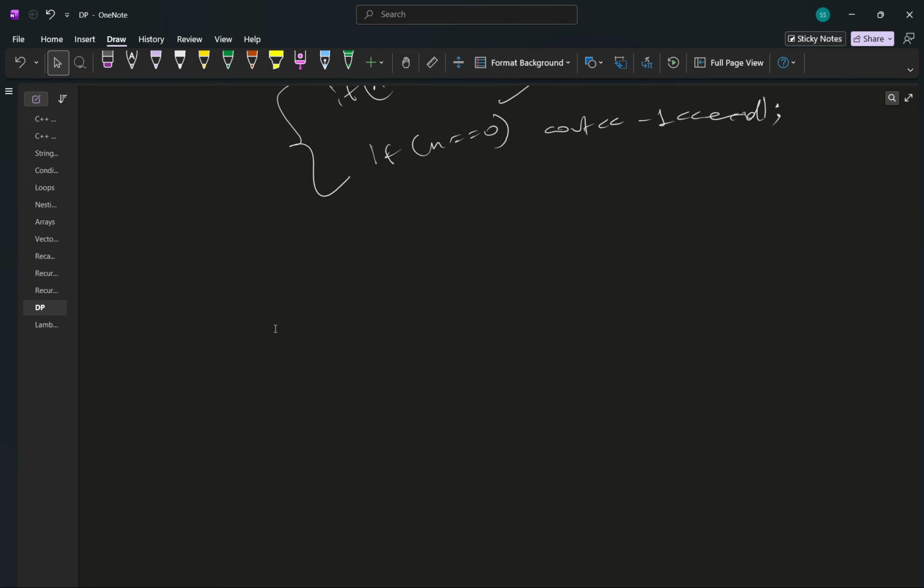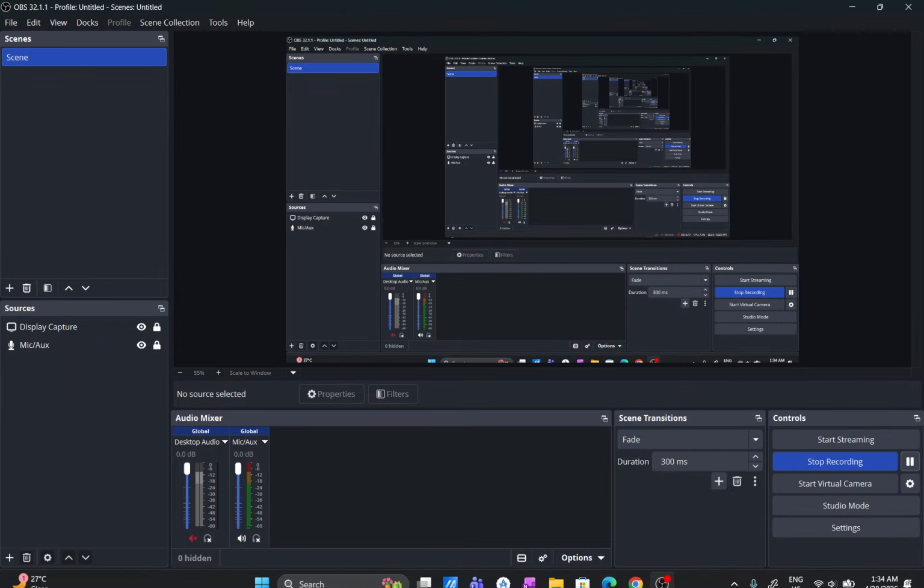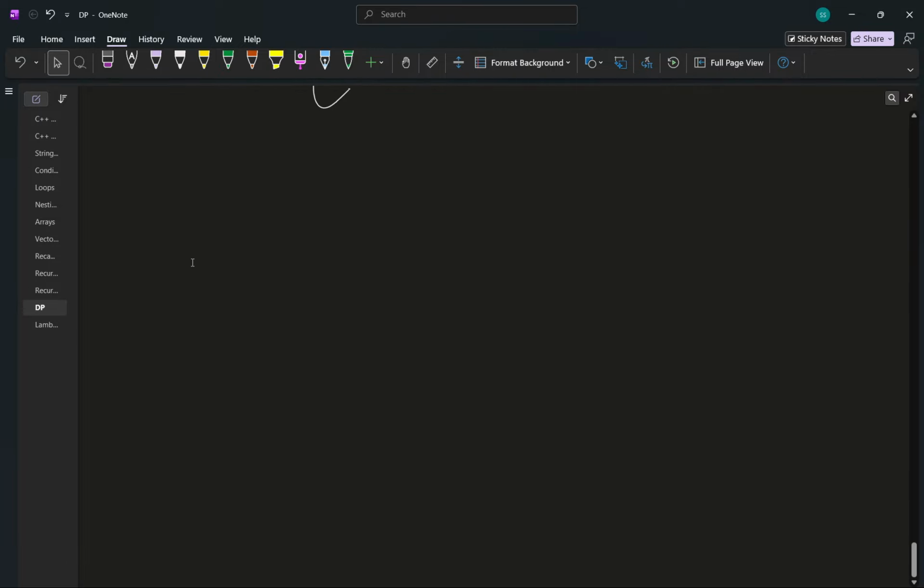So in 2D-DP, what you should do basically, let me first create the chart, then I'll be telling you what 2D-DP is. Well, so I'm back. So next we have 2D-DP. Well, let me change the slide. Basically for 2D-DP, you have